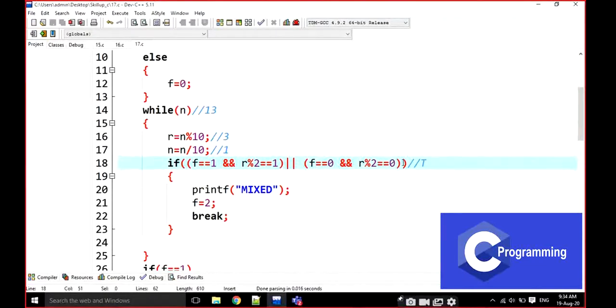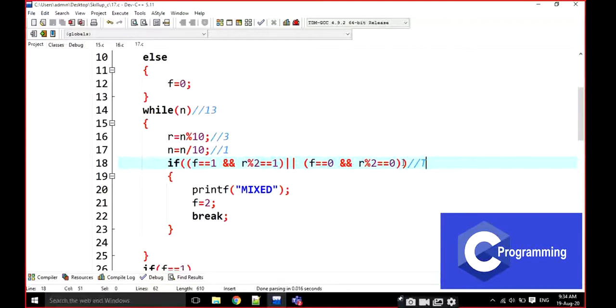I am assuming the number is an even number, but it contains an odd digit. Then it goes inside and is printed as mixed, and f becomes 2. Why am I writing here that f becomes 2? If I am not changing the f value to 2, what is the previous value of f? F is only 1.